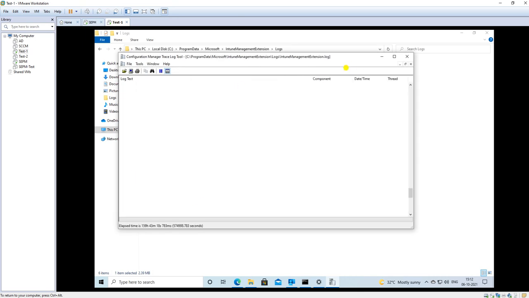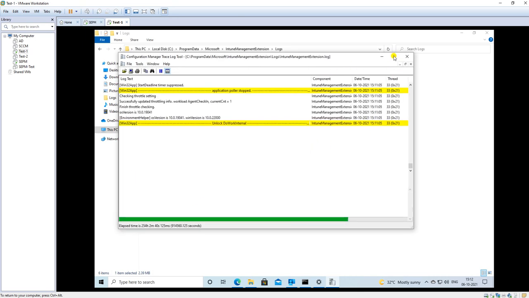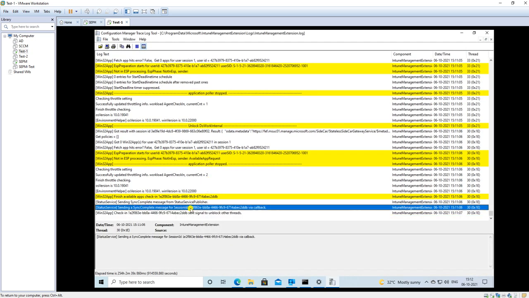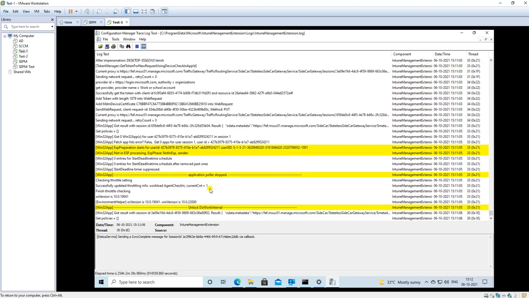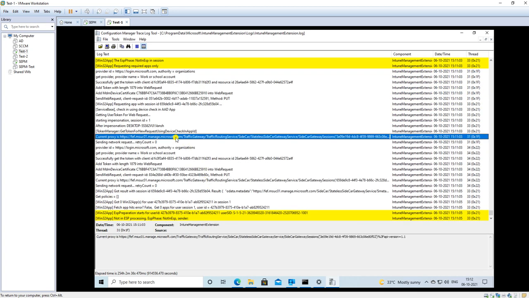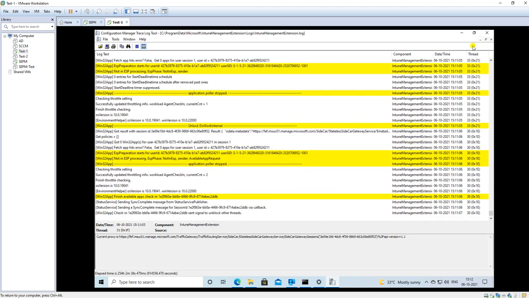So you can open this log file, and we can track any of these statuses. It's not only about the script we posted. It's related to any package deployment or any other thing, software update deployment. So any logs you want to check, you can go here and check it.